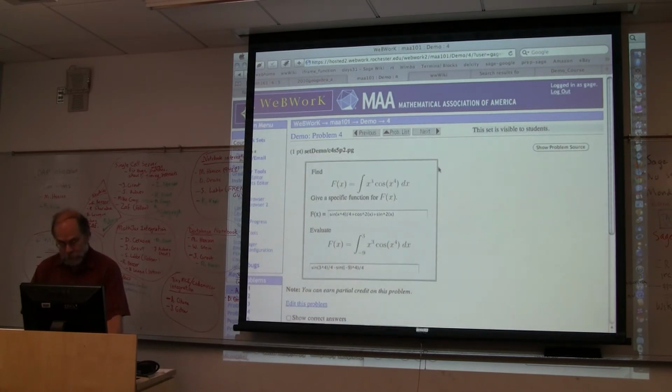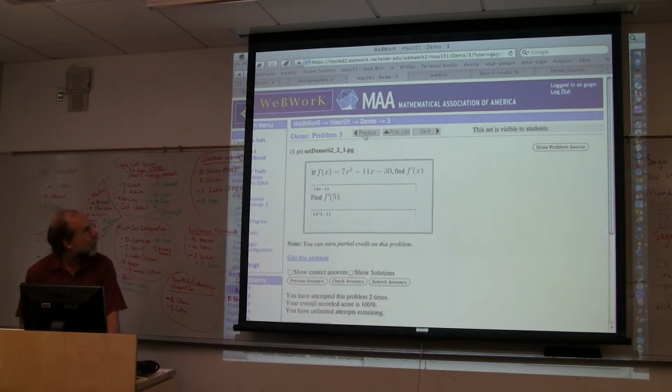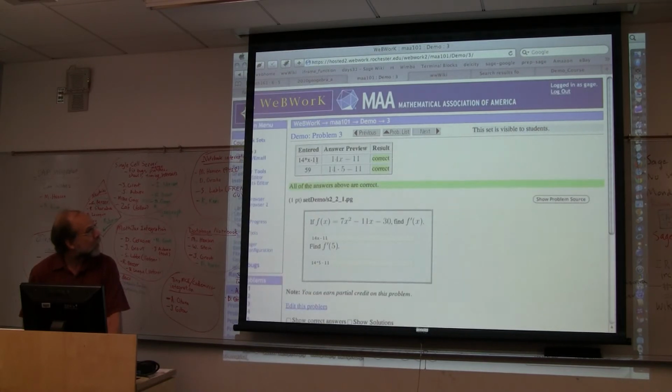I really like that you put exactly what they entered and exactly how it's interpreted, so they can tell if it's a formatting problem or if it's a... That's right, and in fact, I'm glad you brought that up, because the answer preview here solves lots of things, particularly with fractions and so on, where people are confused about 5 over 2 times 2 is not 5/4. And in fact, there's some controversy about this because these things are actually available now as tooltips, and I was thinking you could get rid of the answers, but Arnie violently objected to that, so the answers come back and it's now configurable and you can either leave it there or not.